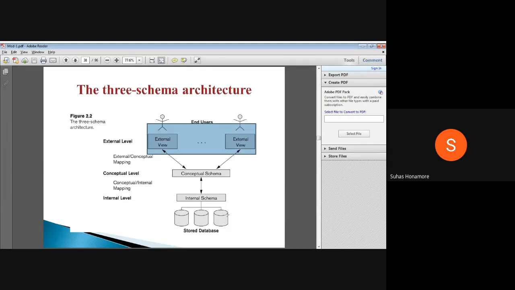And the second one is physical. If I want to improve my system's efficiency, then whatever I stored previously, suppose I used indexing, instead of using indexing and keeping the information, I use the B+ tree. The B+ tree is more efficient compared to indexing.